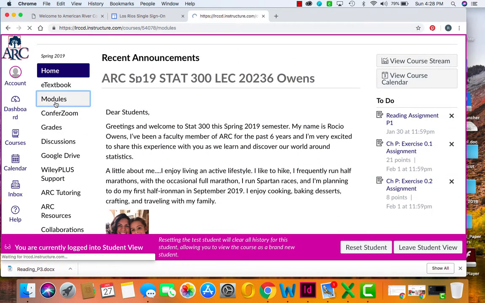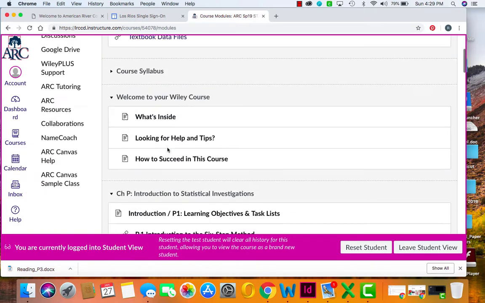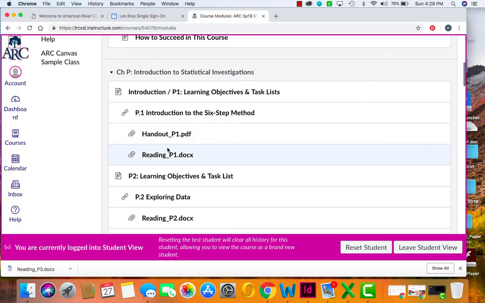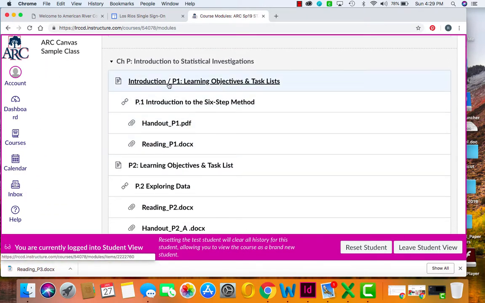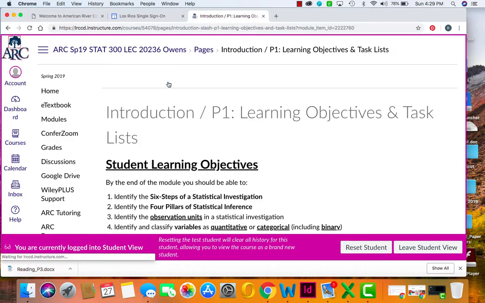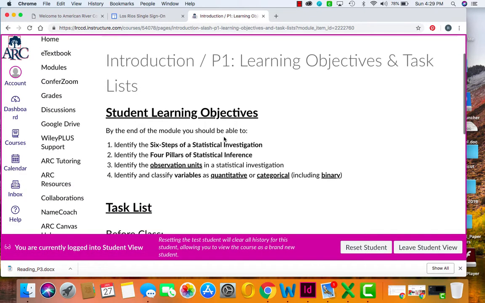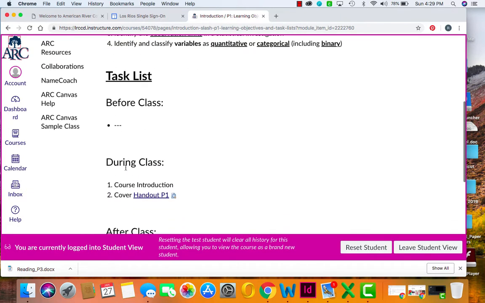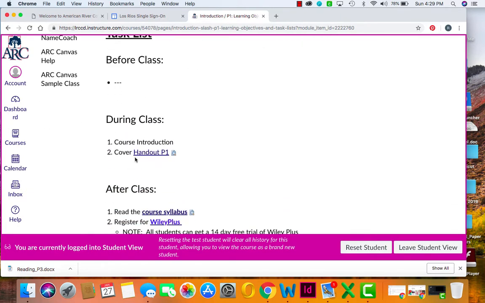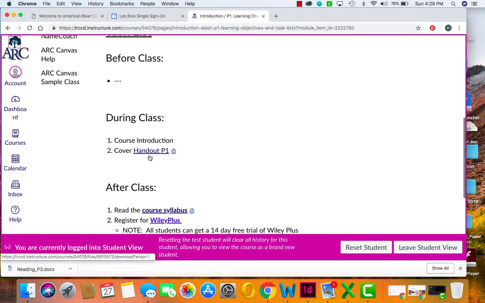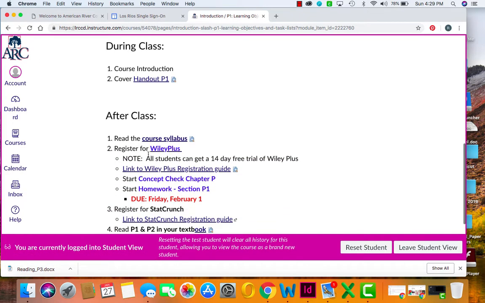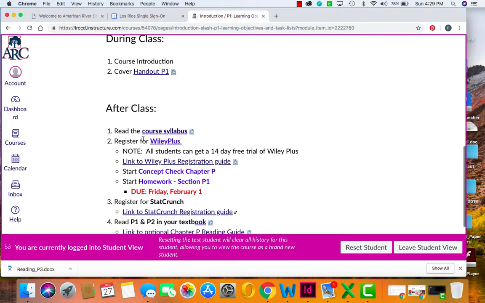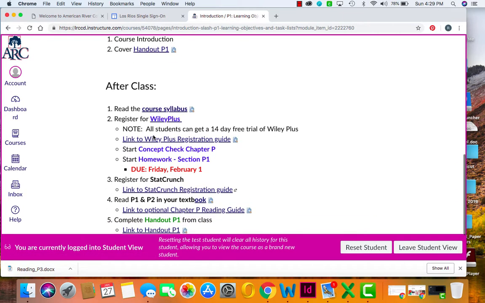So let me go to modules really quickly to show you so far what you have. P1, these are your learning objectives, your task list. Before class, well, last Friday was the first day of class, we covered section handout P1 in class. After class, read the course syllabus, register for Wiley Plus,